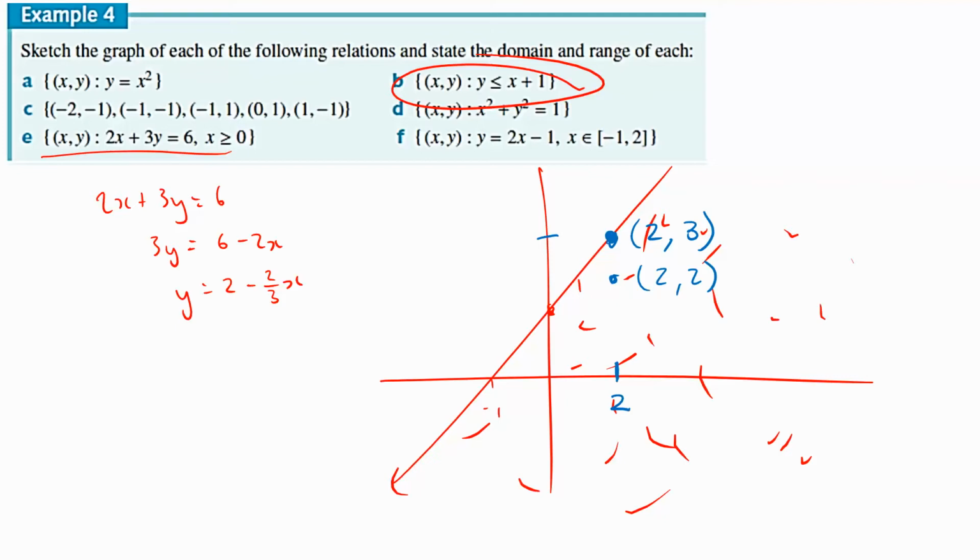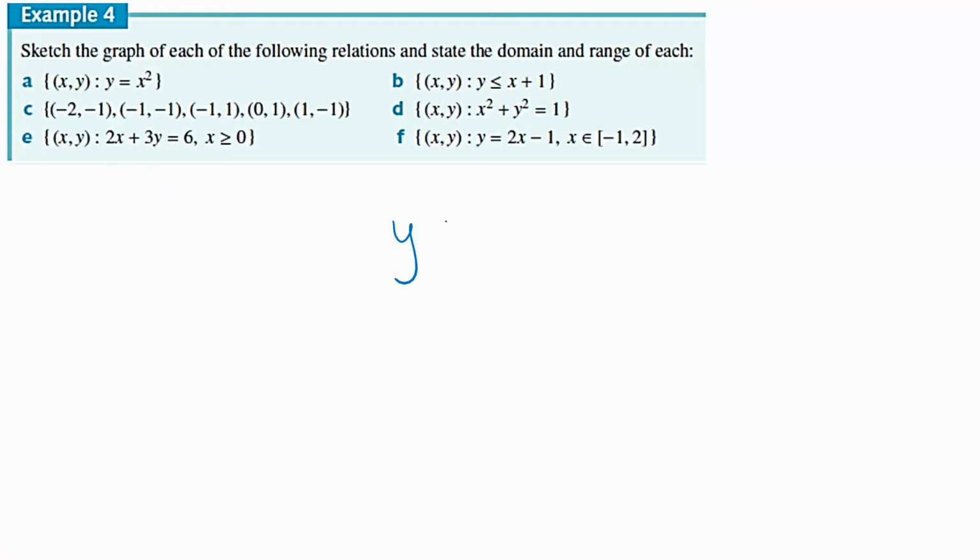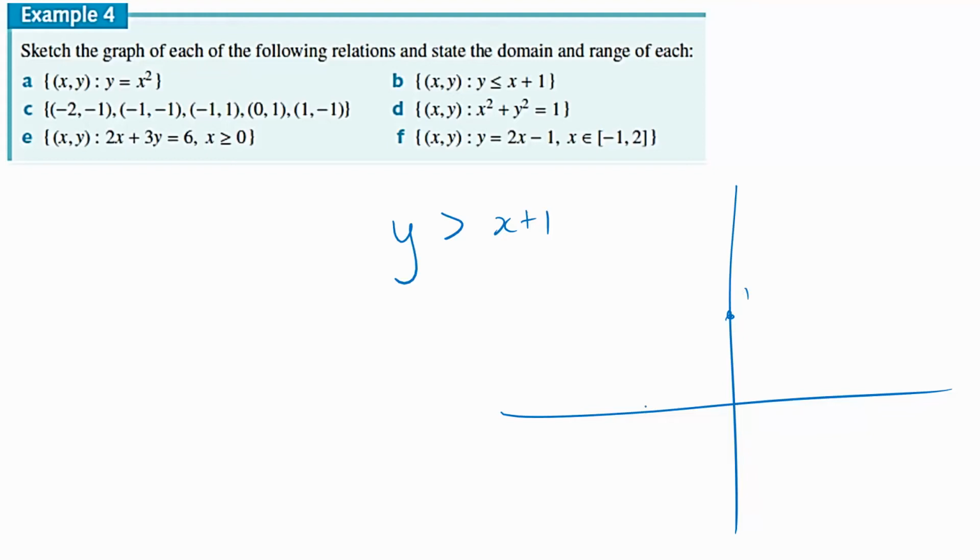If I switched it around, if I said greater than, then it's all these regions. And also greater than or equal to. What do you think would happen if I said this? What if I changed the problem and I asked you to sketch y is greater than x plus 1 only? So this is my x plus 1. This is 1, -1. And I know it's all these regions here,